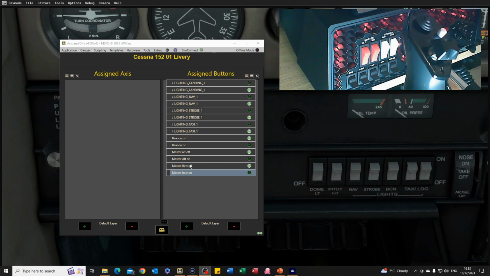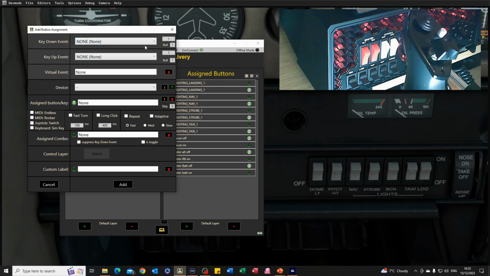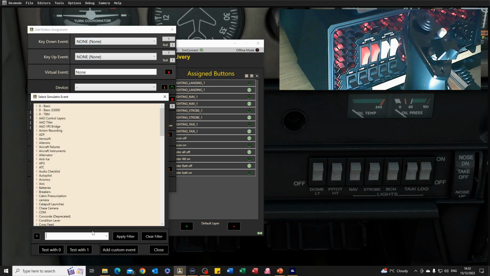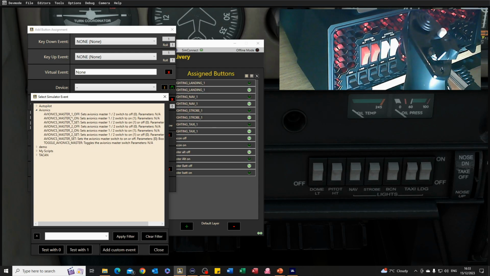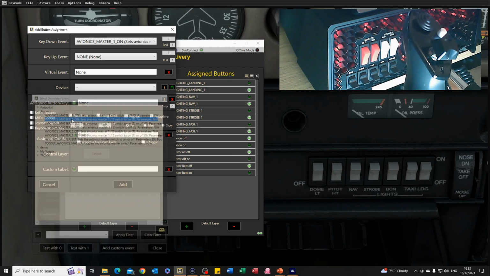Okay, so you're back with us, and I've done the alternator and the battery, and the next switches across are the avionics 1 and 2. Now, interestingly enough, if you do a filter here for avionics, there isn't an input event for that, so we are going to have to use the legacy avionics. We've got master 1 off and on, so I'm going to do the on one first of all. So master avionics 1 on,